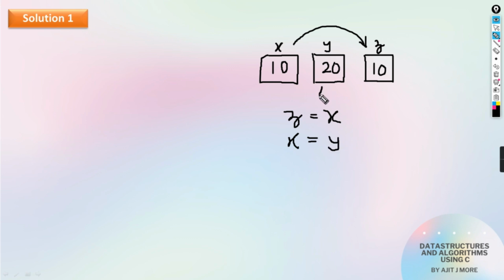So this value of y will come in x, and now x, instead of 10, is going to become 20. And then finally in y I'm going to store the value preserved in z. That value, the original value of x, I'm now going to copy in y, and now in y the value will be 10. And can you see, guys, the content of x and y in memory is exchanged. So let's quickly write the program for this.